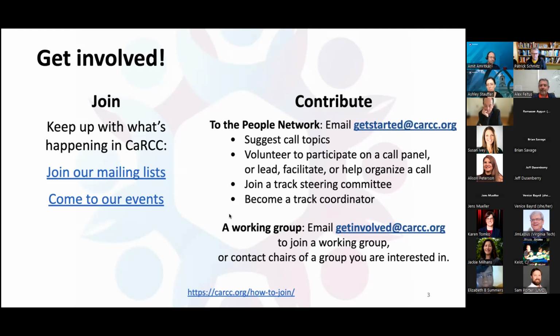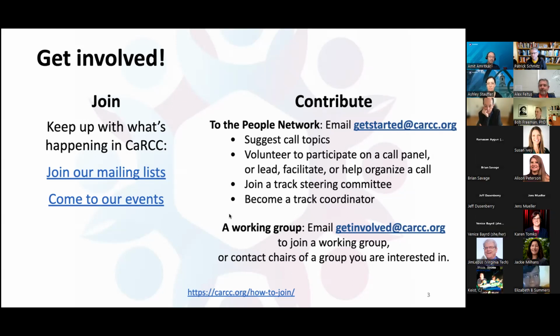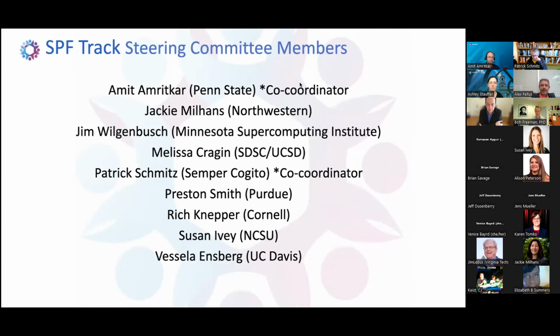Basically, the idea is to come to the track, attend the tracks, and get involved in the discussions. Once you find that it's useful, if you have some spare time, think about joining the track steering committee. This is a call for people to volunteer to join the strategy and policy facing track steering committee. Once you're on the steering committee, you can become a track coordinator. Current members are listed here.